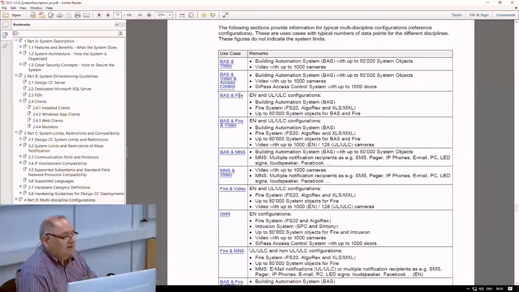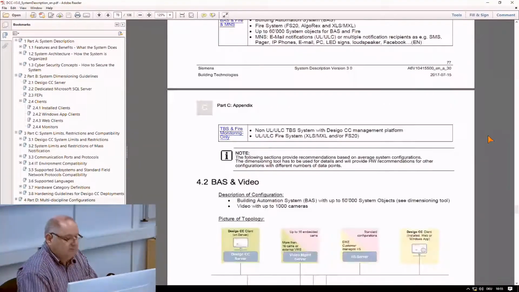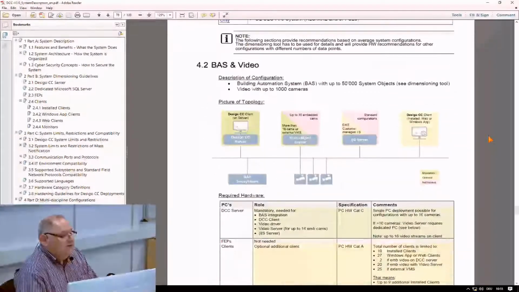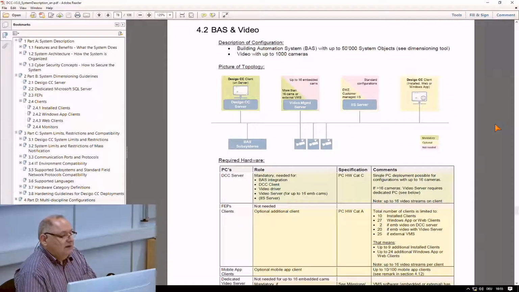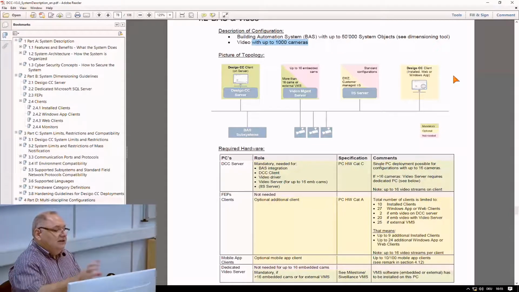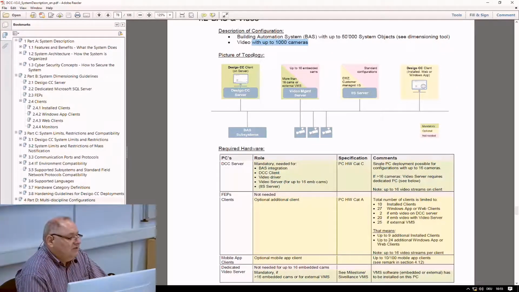There's no link working. Okay. Then we have to scroll down. You see here now building automation system and video. Here the description, up to 50,000 system objects, video up to 1,000 cameras. Okay. You see a picture of the topology